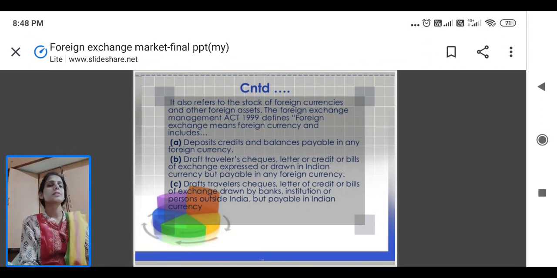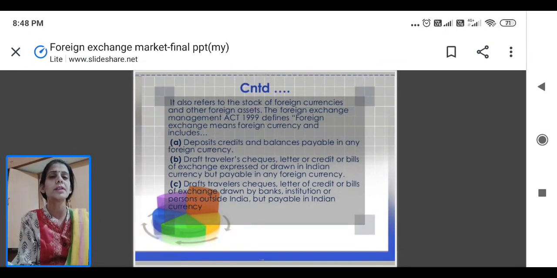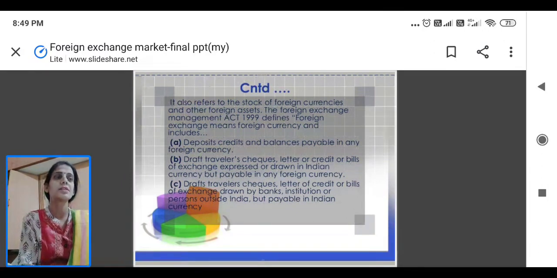So not only are currencies used for certain things, they are also used for current assets. The Foreign Exchange Management Act, when did this Act come about? It came about in the year 1999, and it defines